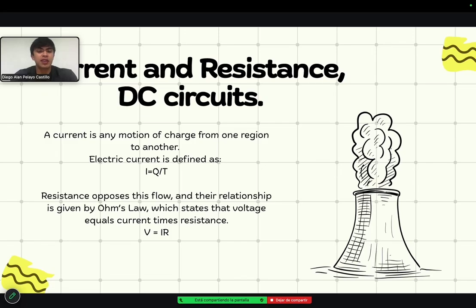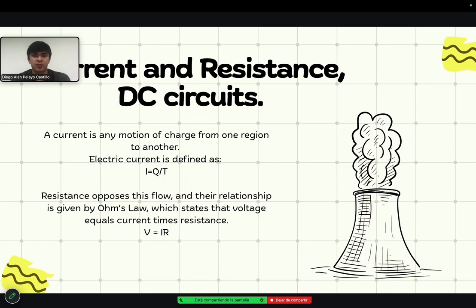And the next concept is resistance, which opposes the flow of a current. Their relationship is given by Ohm's law, which states that voltage equals current times resistance. This is a concept and an equation that we already know from before. Resistance is the property of a material that opposes the flow of electric current, and it determines how difficult it is for charges to move